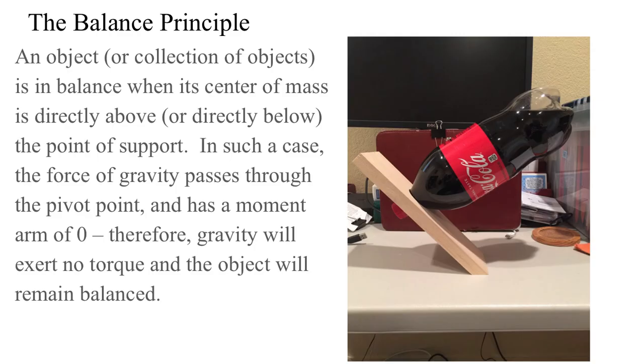That leads to something called the balance principle. An object, or a collection of objects, is in balance when its center of mass is directly above or directly below the point of support. In such case, the force of gravity passes through the pivot point and has a moment arm of 0, so gravity will exert no torque. The object will remain balanced. Obviously, you can put it out of balance by pushing on it or whatever, but left to its own devices, it's balanced. So here, in this one, we can see that the center of mass of the bottle and wood collection,